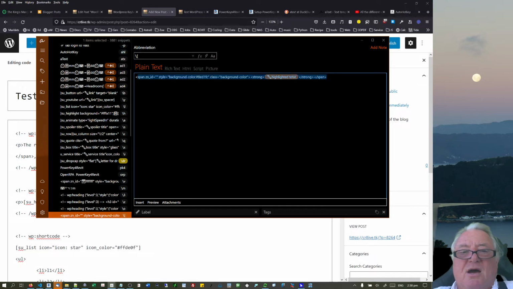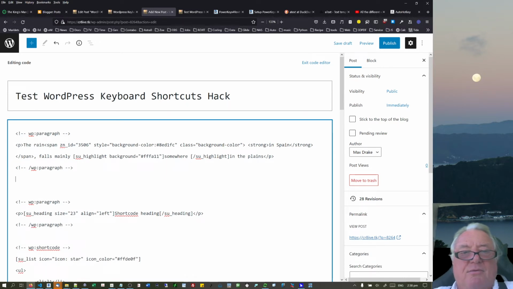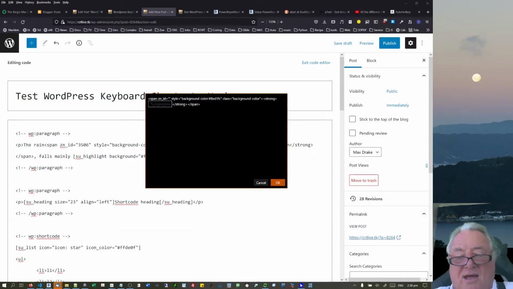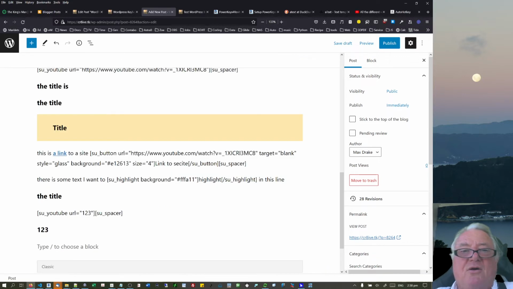Now, what I did notice on this, when I come into here and add something in here, it might need that at the end, but it doesn't matter. We'll just bash it in, and that was the back bracket through there, and then pink, I'll type there and go OK. Let's put something into there. Now if we exit the code editor,